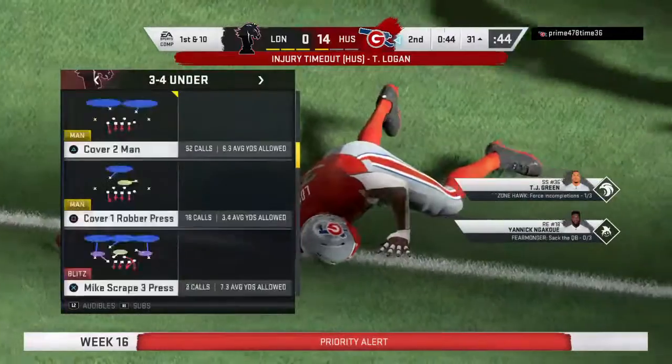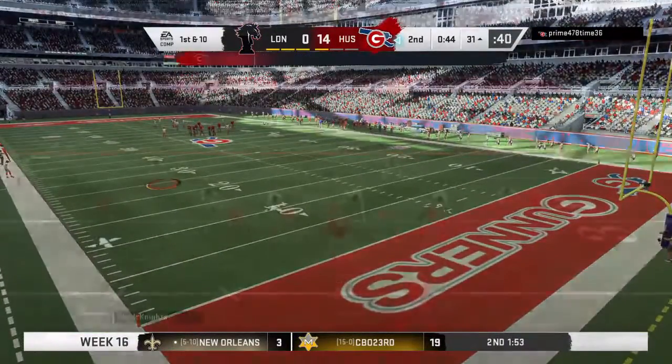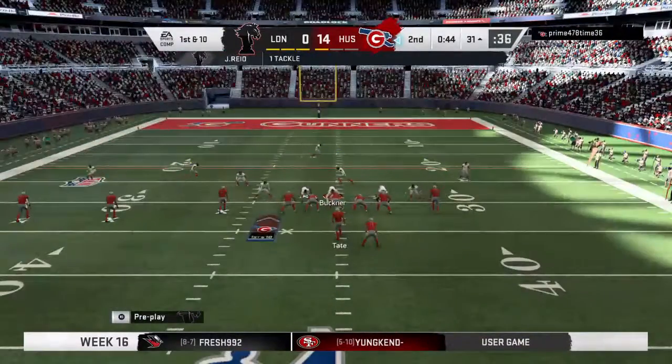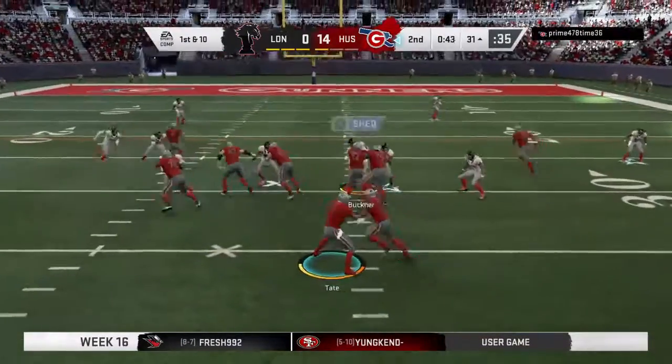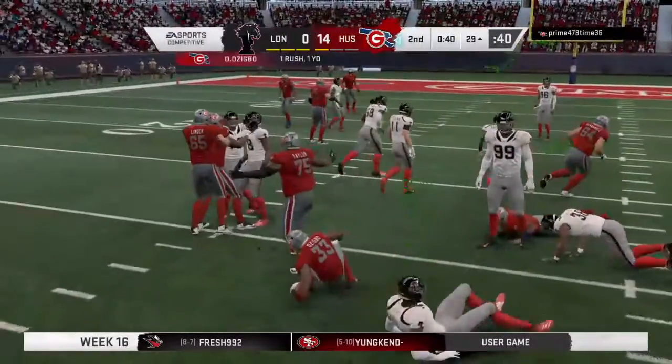And now it looks like we're going to get a timeout here. We've got a man shaken up. And how might this affect him for the playoffs? We'll get a report when we come back. Line of scrimmage, the 31 now on 1st and 10. A run on first down, but it's not going to get...